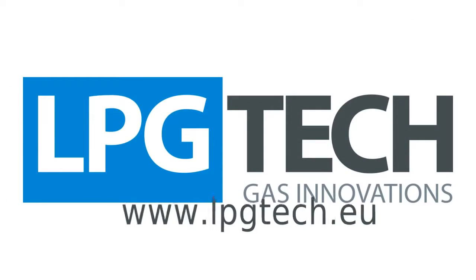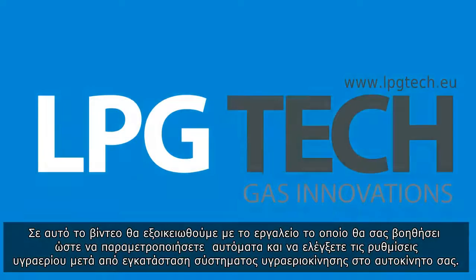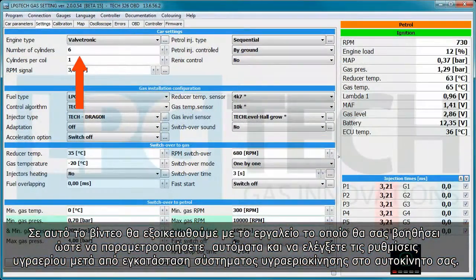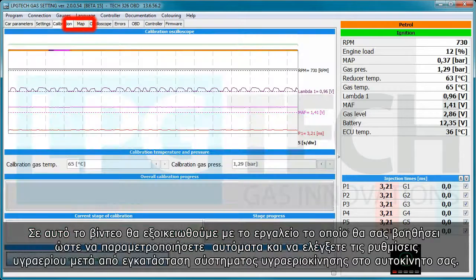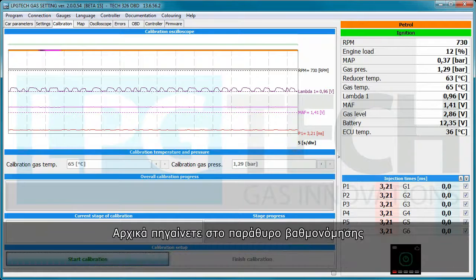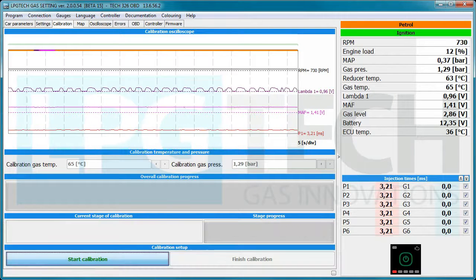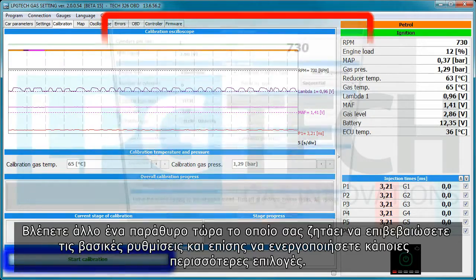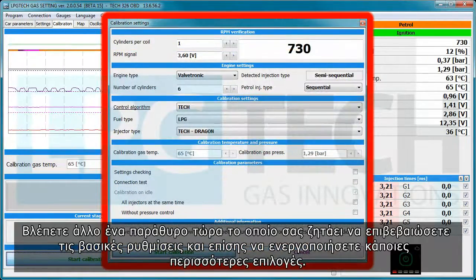Tech System Calibration. In this video, you will become acquainted with a tool which helps you to automatically set parameters and check gas settings after installing an autogas system into your car. Firstly, go to the Calibration window. Press Start a calibration. You are seeing one more window now, which lets you verify basic gas settings and also